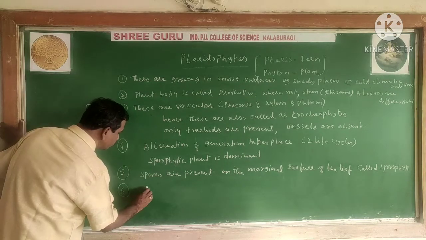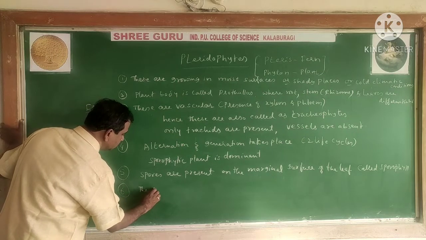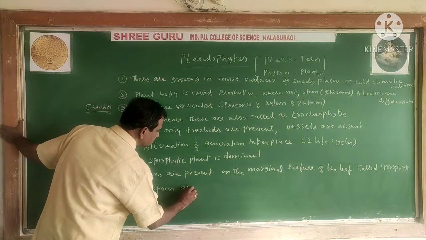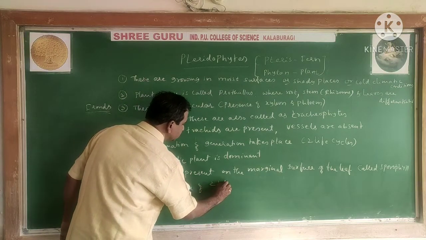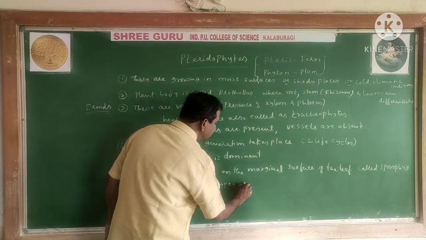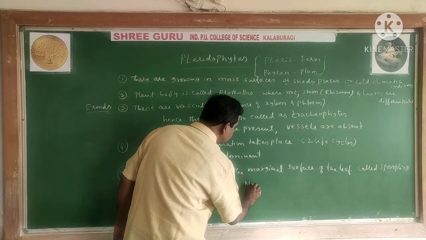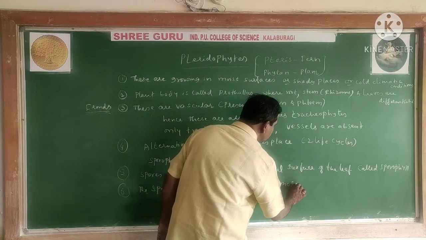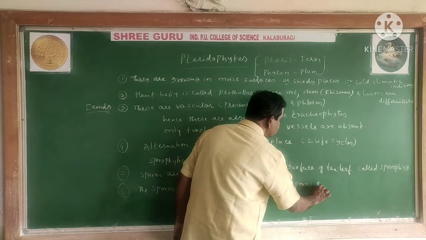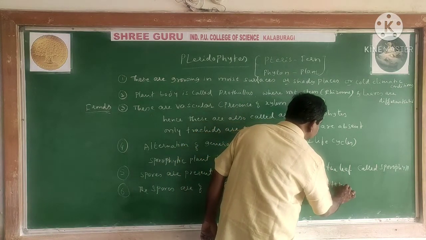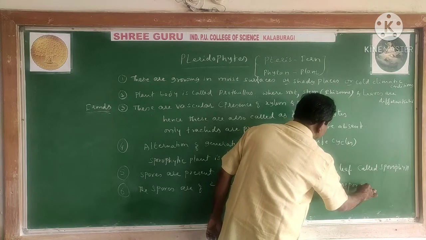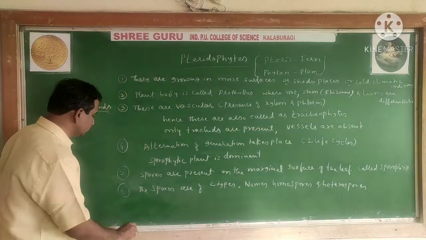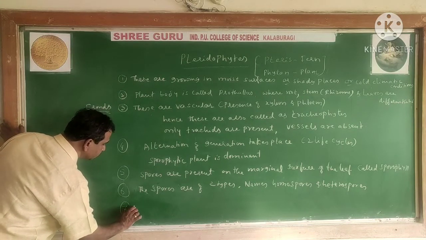Next, the spores are of two types, namely homospores and heterospores, or homosporous and heterosporous. Okay? Next, the seventh one,